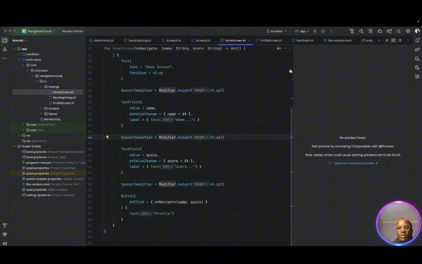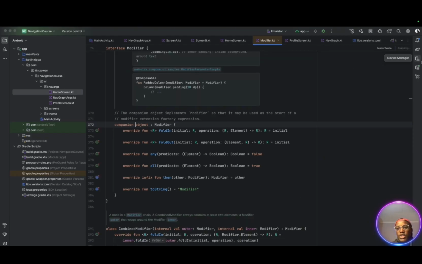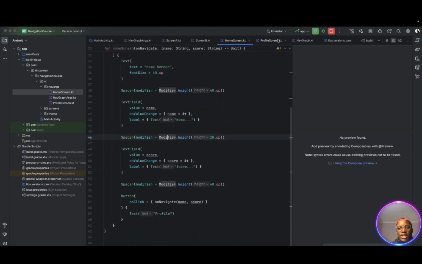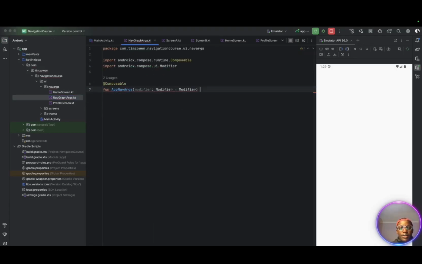So when we launch, of course, it's going to break because we haven't defined our navigation. Oh, it's still successful. Let's see. It's going to be empty because we're not navigating anywhere, our navigation class is empty. Back to the navigation. So remember